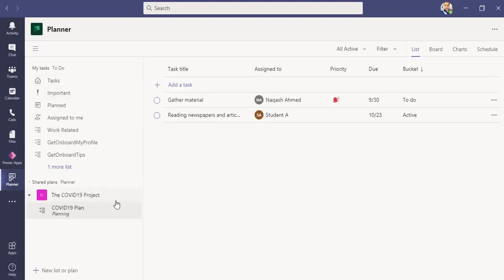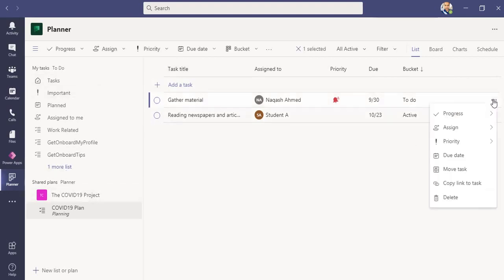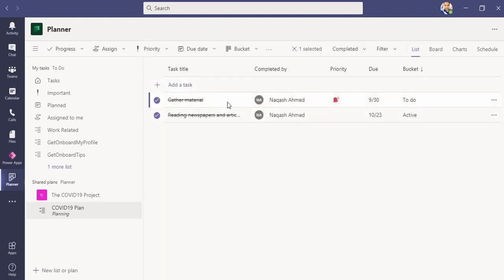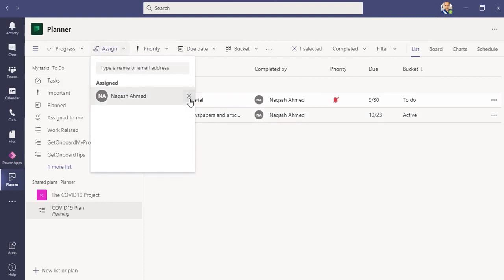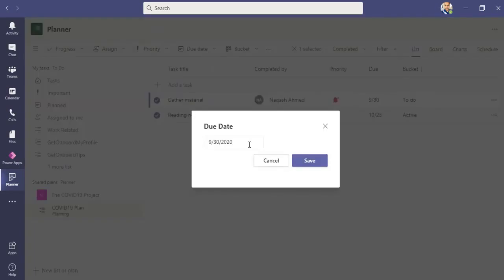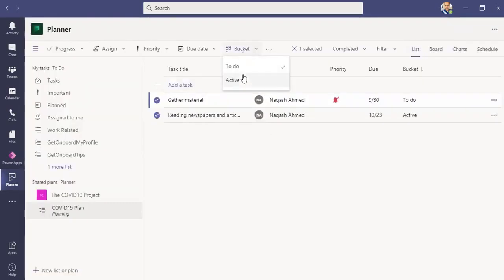What other thing I would like to show you is, if I select this, these are all completed. If I go to the completed task, I can assign or revoke the assignment. I can also set the priority to low, medium, important, or urgent. I can change the due date as well, and I can also change the buckets.